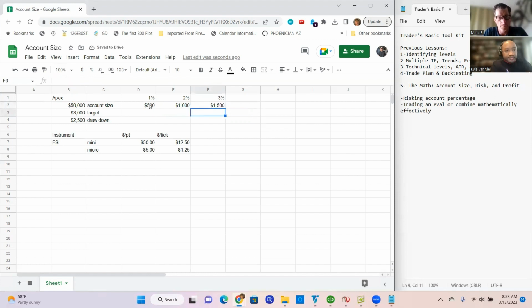So clearly in this case, if you're risking up to 1% per trade, you've got a 2,500 drawdown, but if you lose 5 in a row, you're going to blow this account. So with regards to this account size, we don't even necessarily need to talk about whether you are willing to risk 2% or 3% of your account. So with 1% of your account, in this situation where Apex is a proprietary firm that you can trade with,